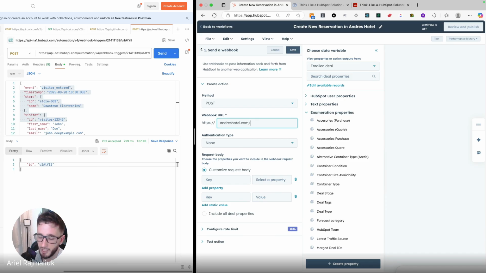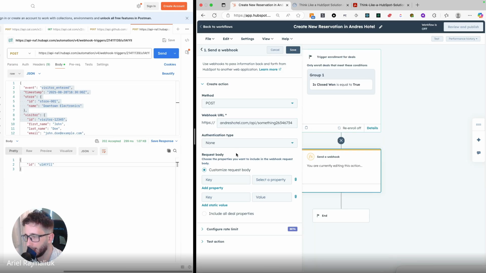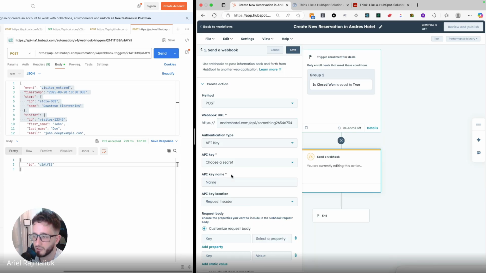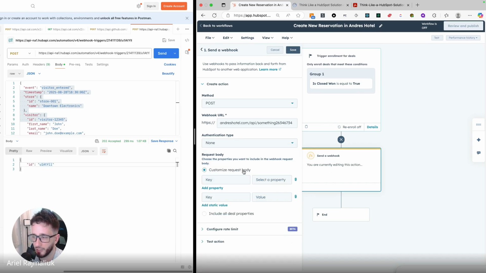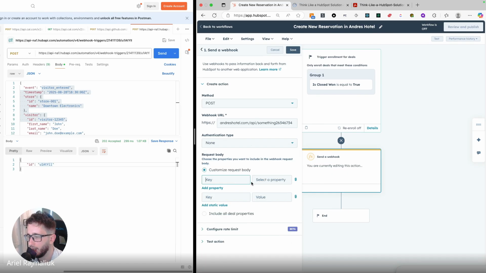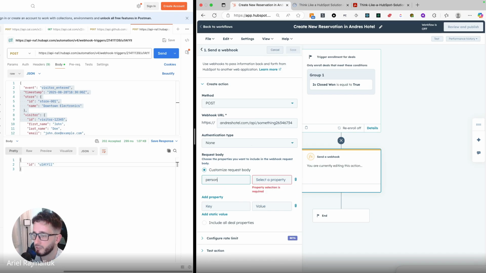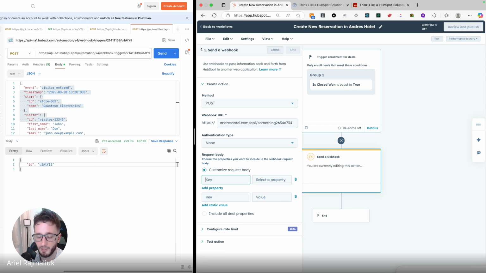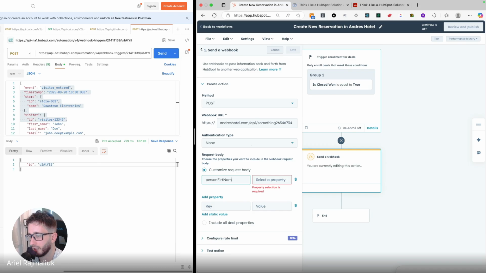And this is how: andreshotel.com/api/ something and some letters, right? And here, authentication. Sometimes this gives you an API key, but let's say none, which is rare, but let's say none. And here you will say person first name.